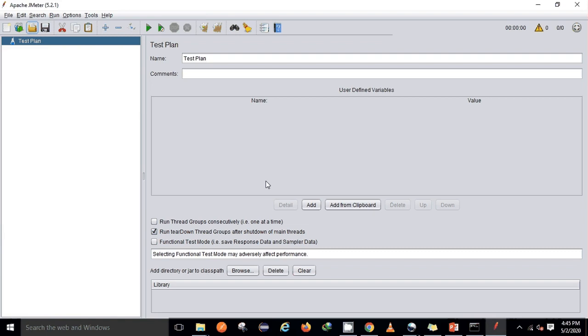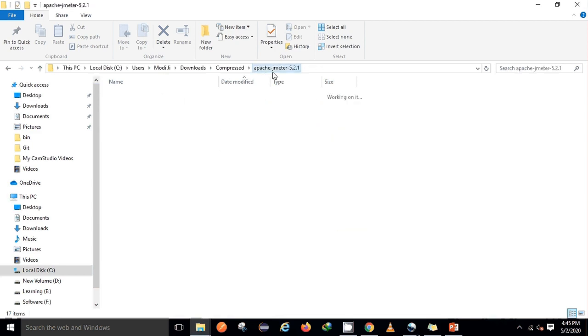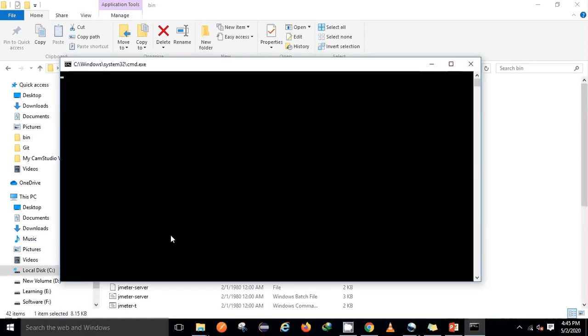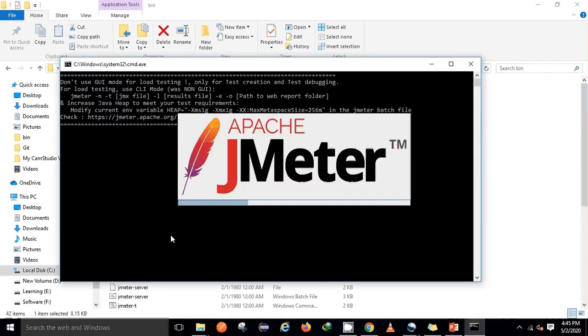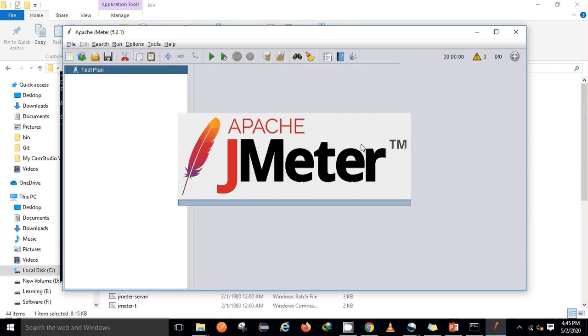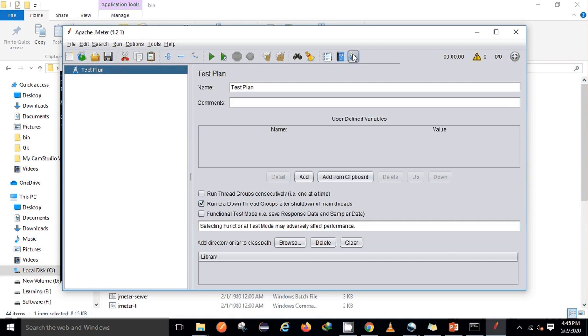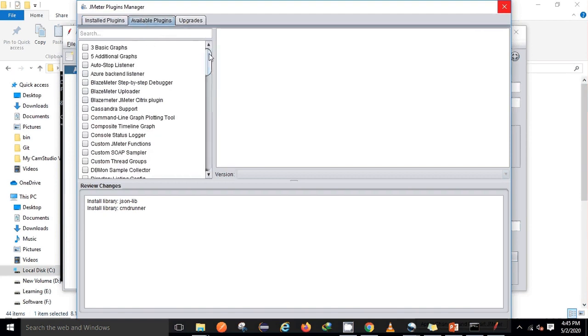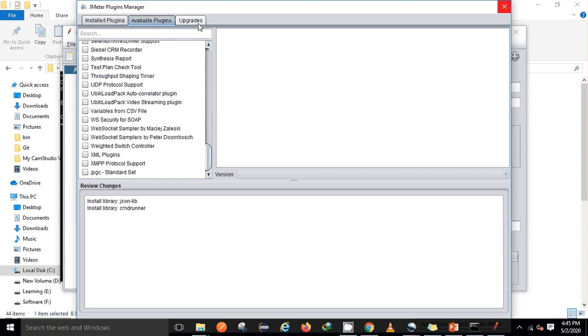Here I cannot see the plugin manager because I have not restarted JMeter, so I need to restart it. Just cancel it, go back to the bin folder, and restart the JMeter batch file. Now it will come up with a plugin manager icon as well. Yes, you can see that the plugin manager option got added in our JMeter. So this is how JMeter is highly extensible. We can add many of the available jars for many different operations. We'll try to see some of those.